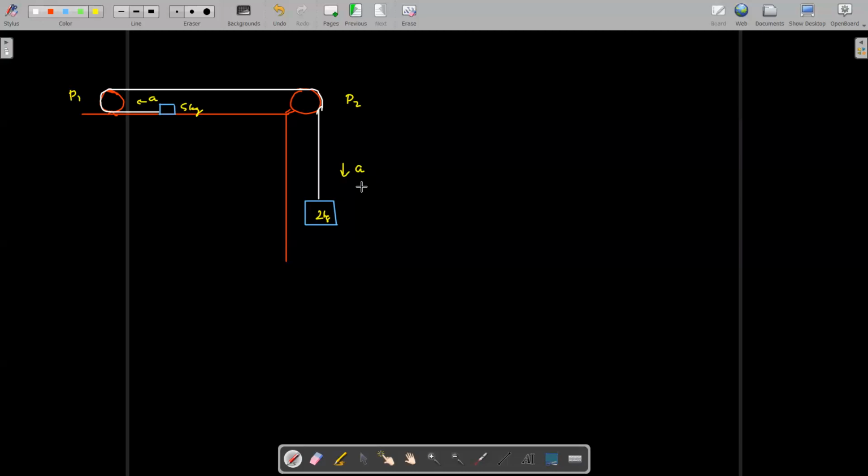So now let's look at the forces in this. Yeah, so in all of these cases there will be tension right here. There will be tension acting in this direction, right? And there will be tension acting in this direction as well, away from the point of contact along the string, right? And there will be tension acting in this direction as well. And all of these tension will have the same value since they're acting along the same string. And also that the string is considered to be massless, right? So